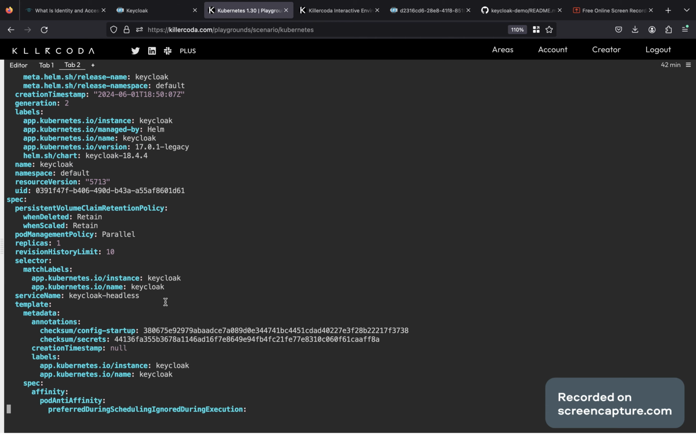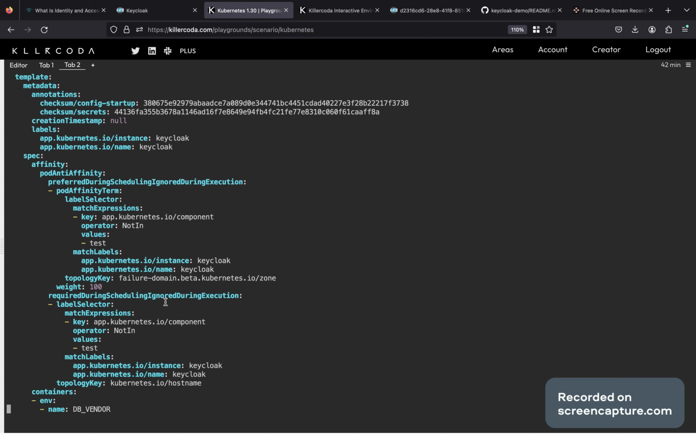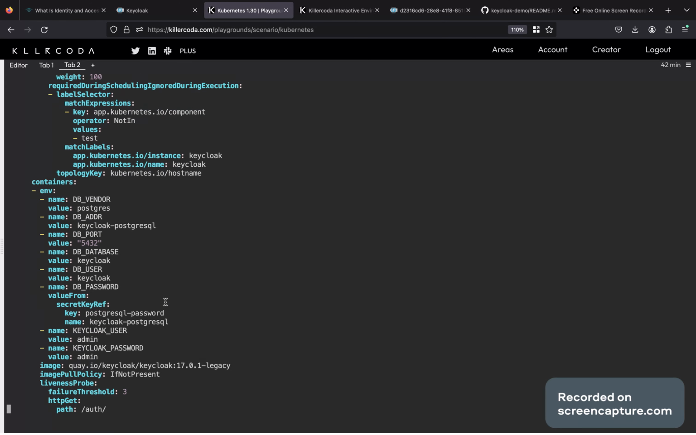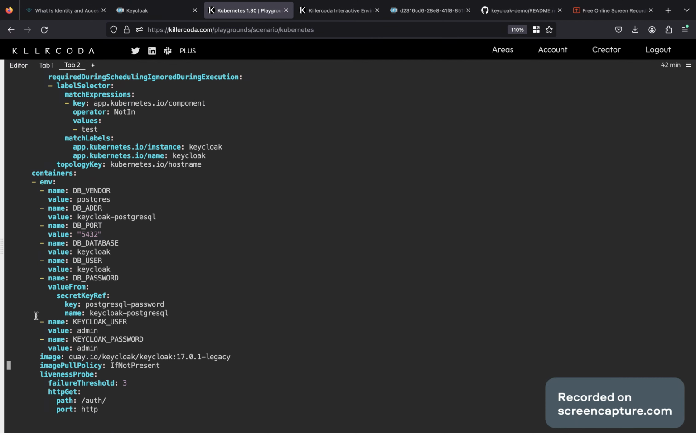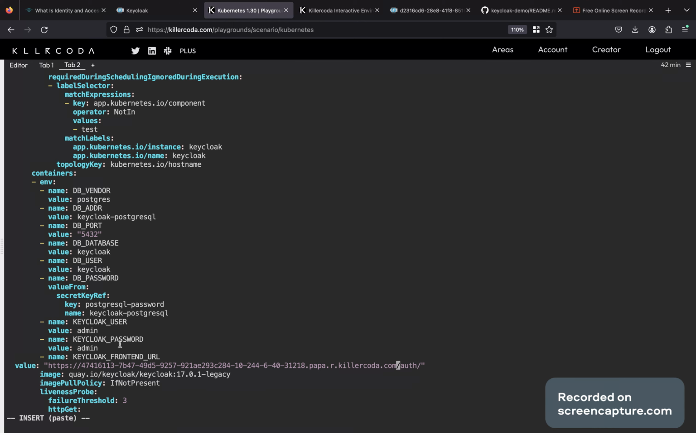So we just have to scroll down a little bit. Yeah, here. So here you can see the stateful set is using the Keycloak user and password, which we have modified using the Helm chart, and inside that my Keycloak YAML manifest file. So now again we have to edit this stateful set, place this value,